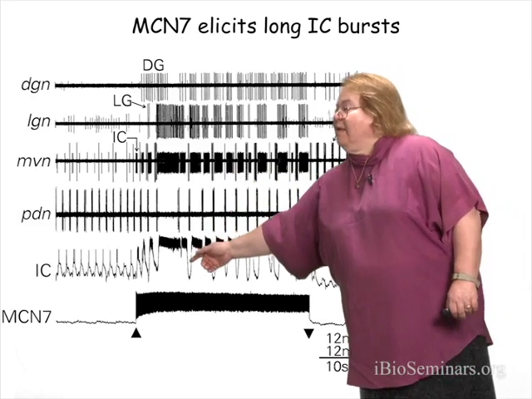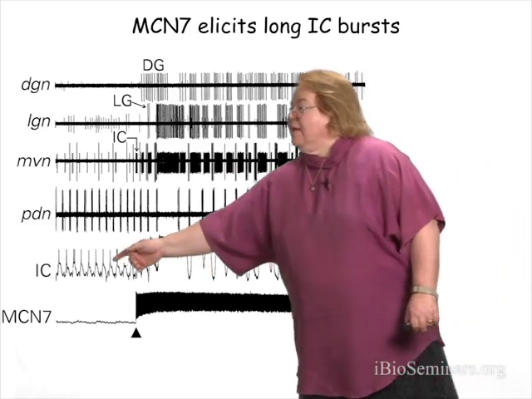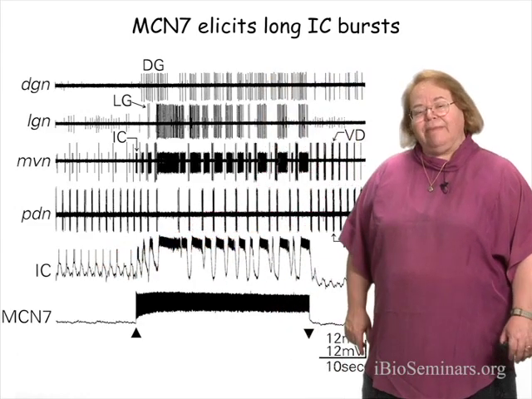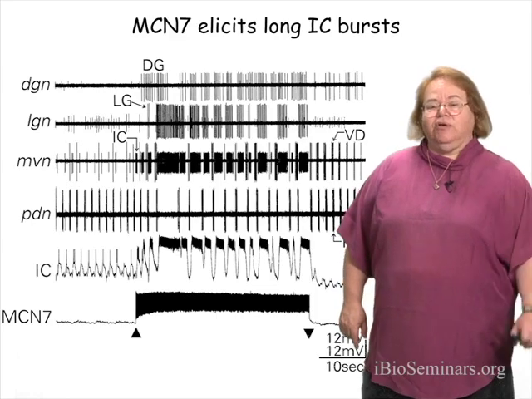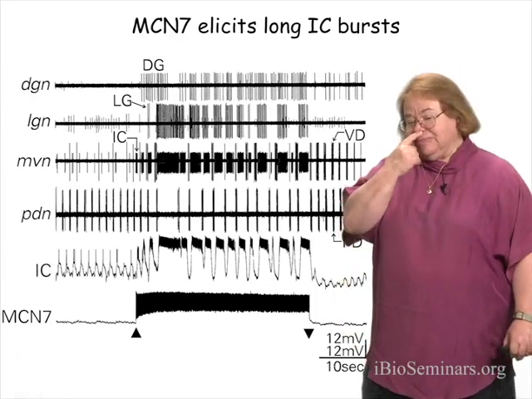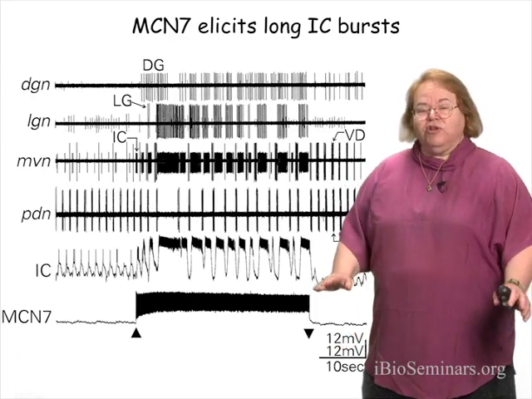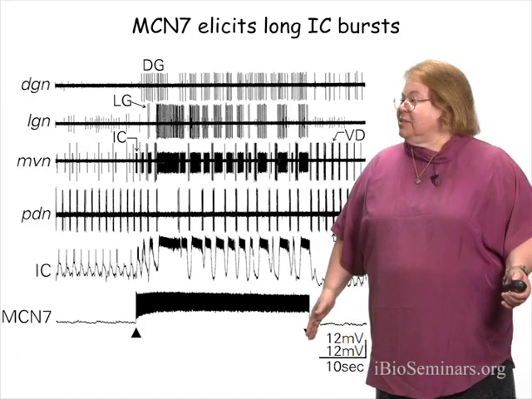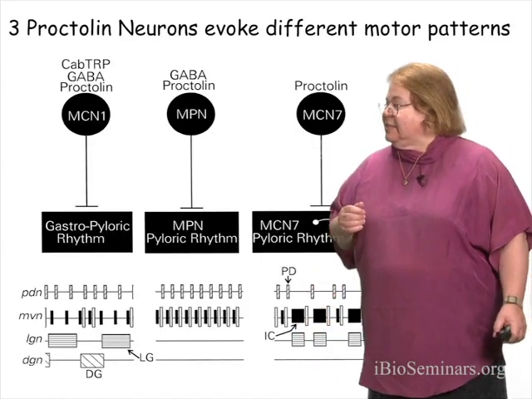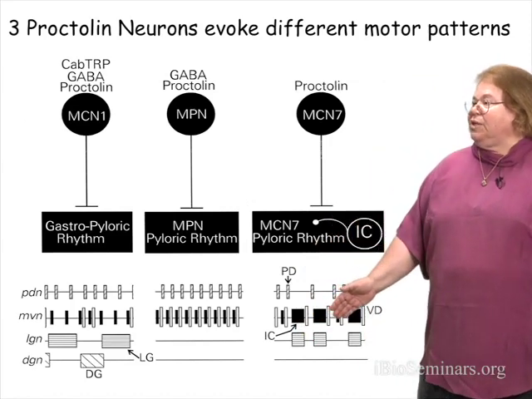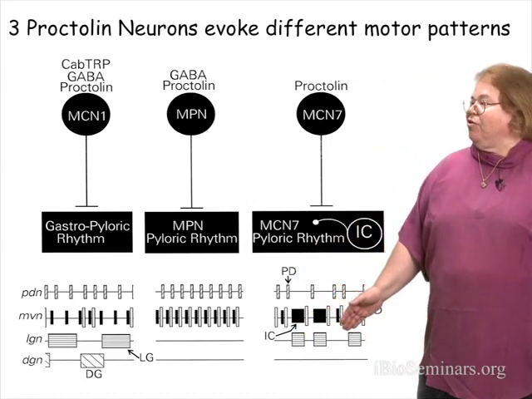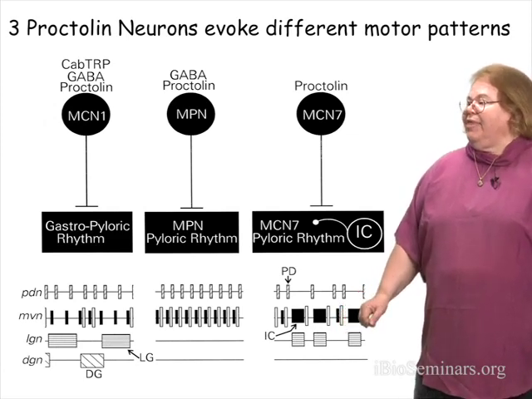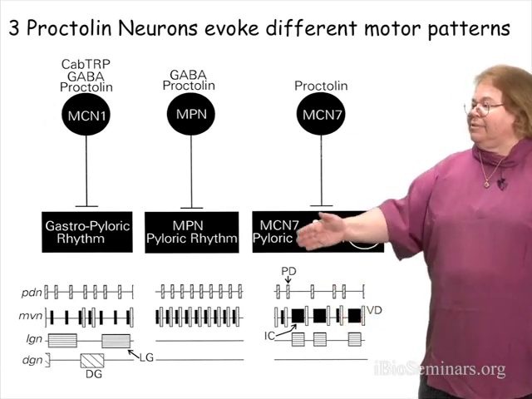It turned it from being purely pyloric, as you see here, to now firing in gastric time, just as I showed you in my first talk about other neurons that switch from pyloric to gastric behavior. And this is all summarized in this diagram, which shows you that the three different proctolin-containing neurons produce different modifications of the STG motor pattern: MCN1,